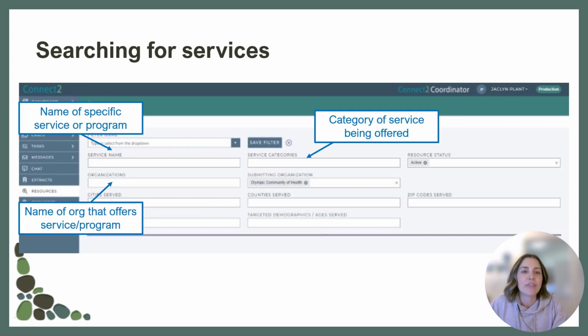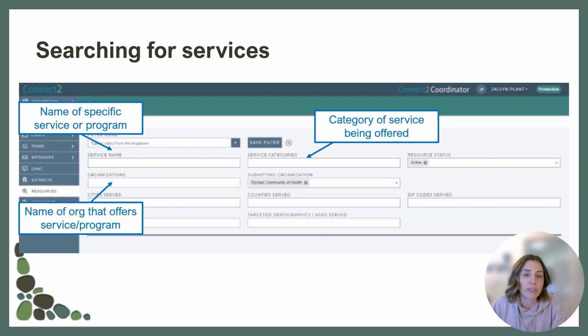Okay, so now that we have those two filters set, next you can start applying other filters one by one, and it's always recommended to really just try to use as few filters as possible, just to be sure that you're not unintentionally over-filtering and missing out on appropriate resources. So what you want to do is start by searching for the actual service that you're looking for with geography and location excluded. And so that means using one of three categories, either the service name, the service categories, or